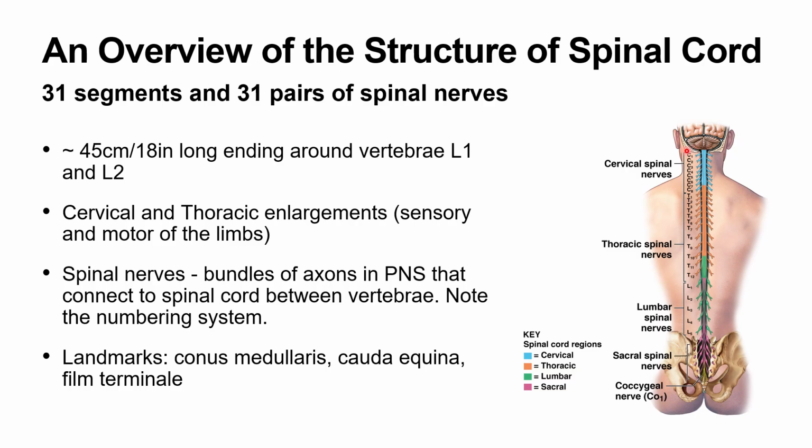And then when we move down to the area between C1 and C2, this is going to be our C2 pair of spinal nerves. And we follow that all the way down until we reach the junction between C7 and T1. The pair of spinal nerves that exit between C7 and T1 will of course be the C8 nerve roots, so that we can compensate for the fact that we're not going to refer to the very top pair of cervical spinal nerves as the C0 spinal nerves,